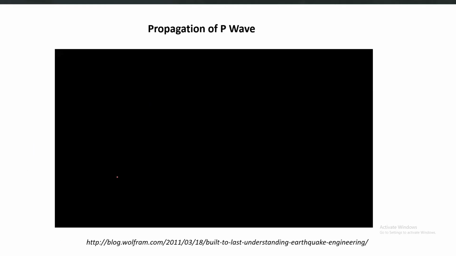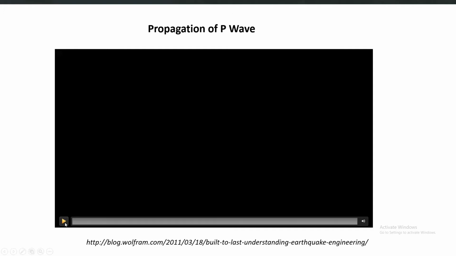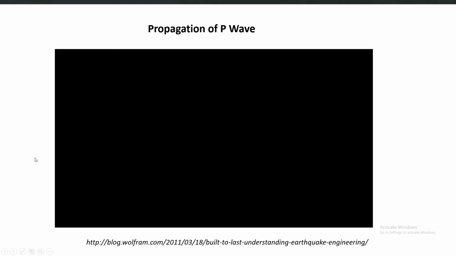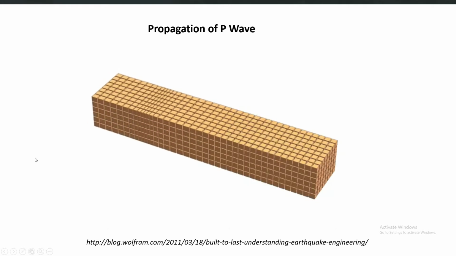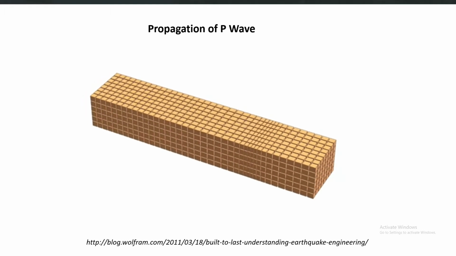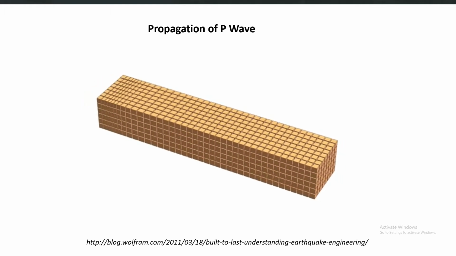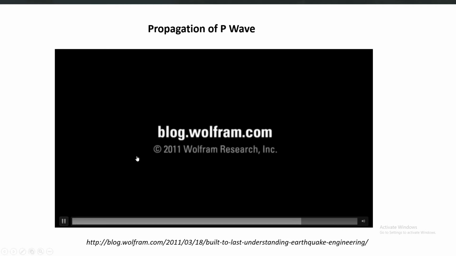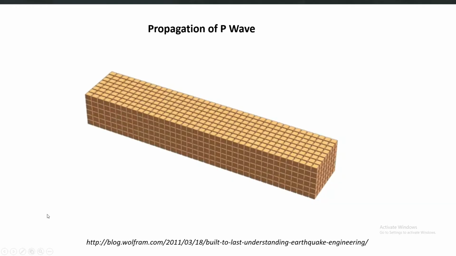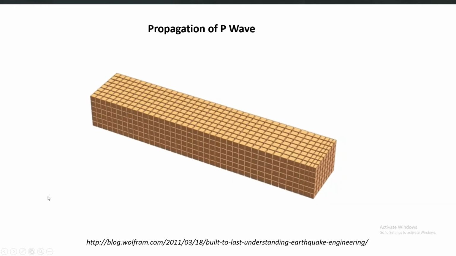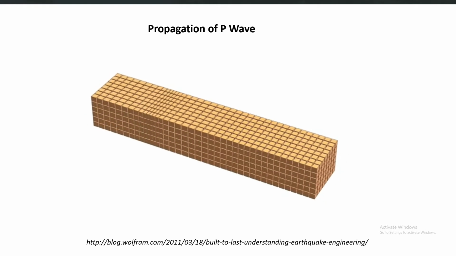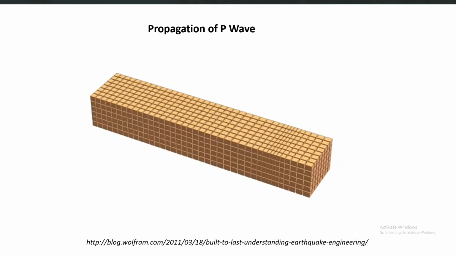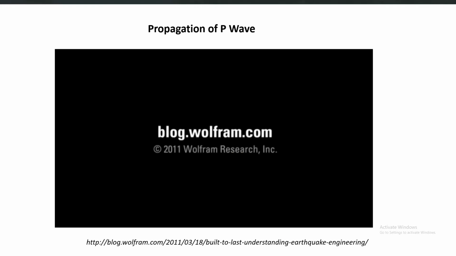Here you can see, let me play this clip, and it shows the propagation of one type of a common wave which is called a P wave or a compressional wave. In this case, you can see here that at one end of this solid material, there is a disturbance which is created, and that disturbance traveled along the length such that each point in that material is moving to and fro in the direction of the propagation of wave. This is called a compressional wave or a P wave.